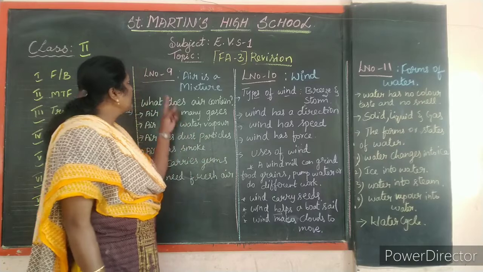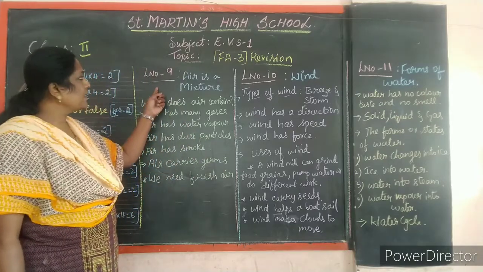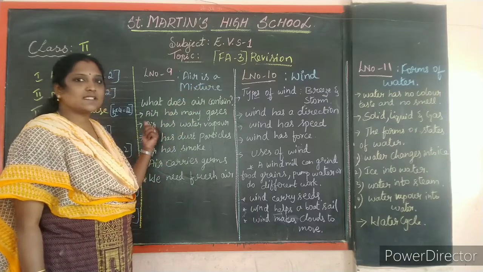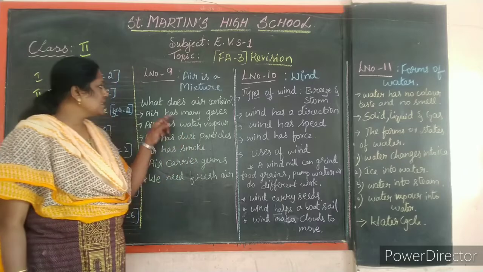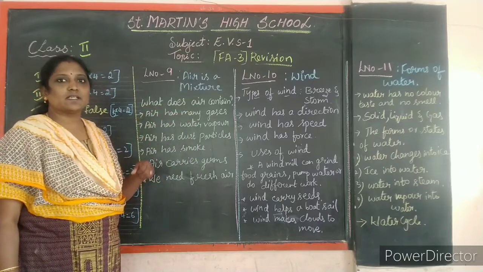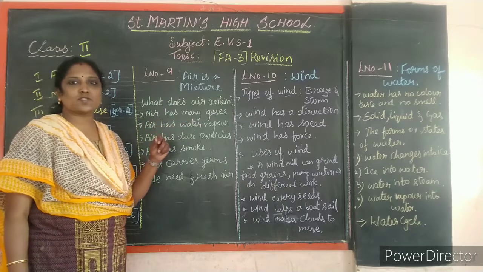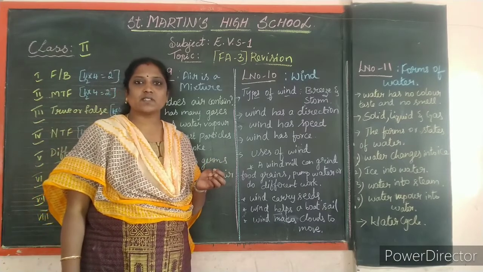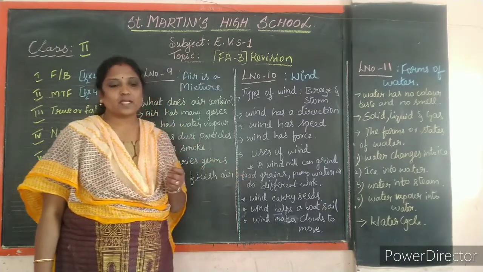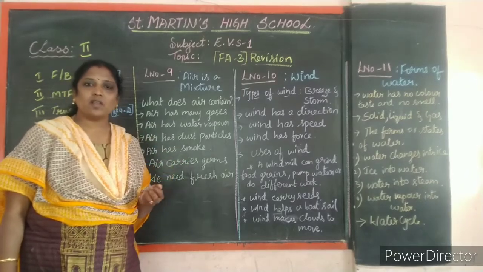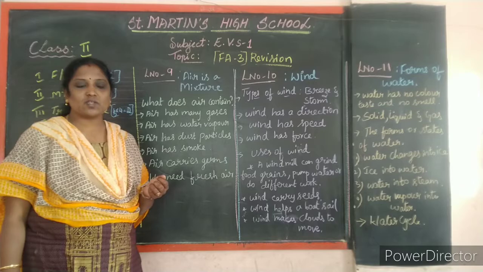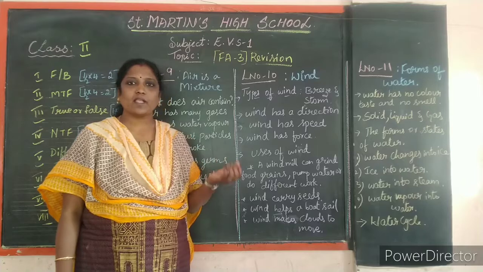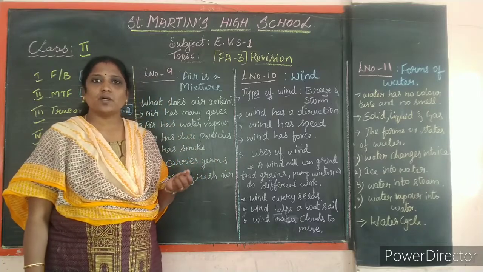Here, lesson number 9. Yes, in lesson number 9, air is a mixture. In this lesson, what we have learned children? What does air contain? So air has many gases. You all know what are the gases present in the air? That is oxygen, carbon dioxide and nitrogen, some important gases present in the air, and we all living beings need air to breathe. Is it not? So we can't live without the air. All living beings like plants, animals, we human beings need air to breathe.